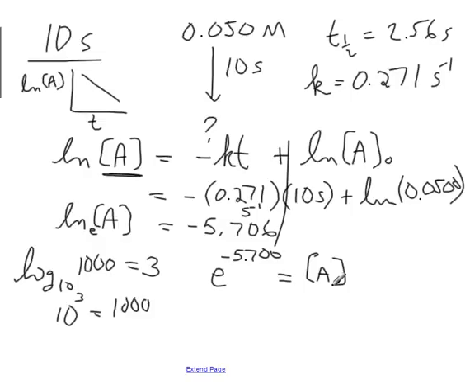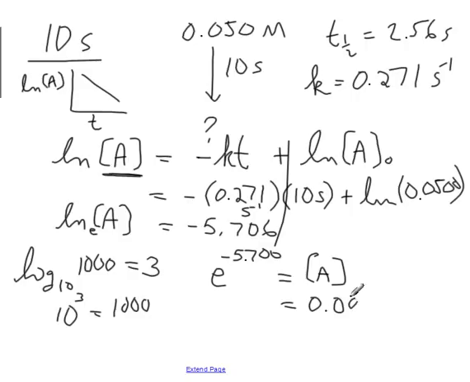Now pick up your calculator. Where will you find e to the power of? It's right above the natural log. So you just go second function ln, e to the power of negative 5.706 equals